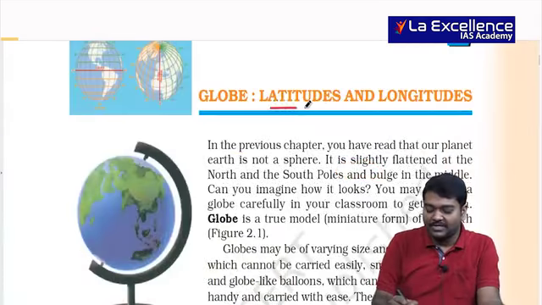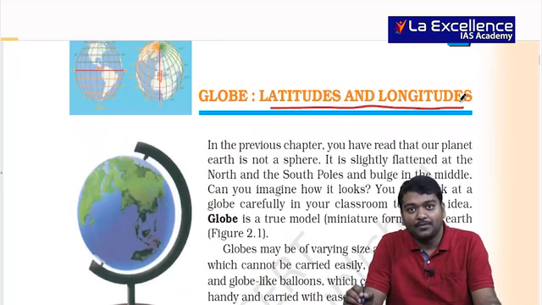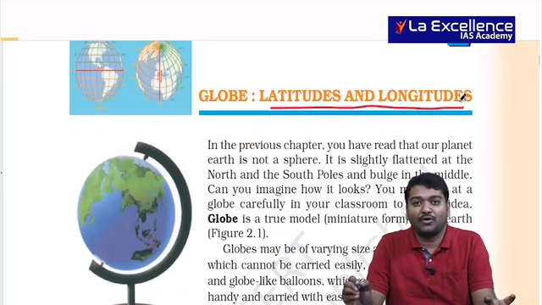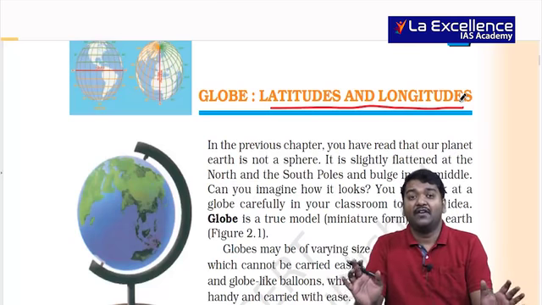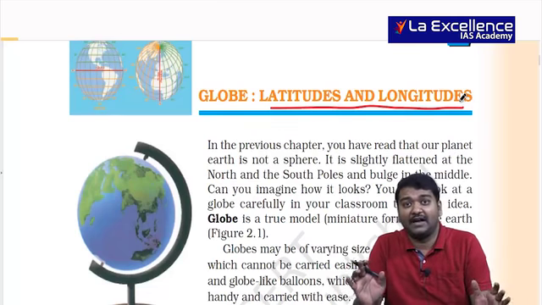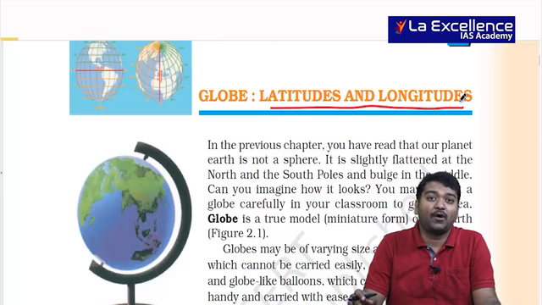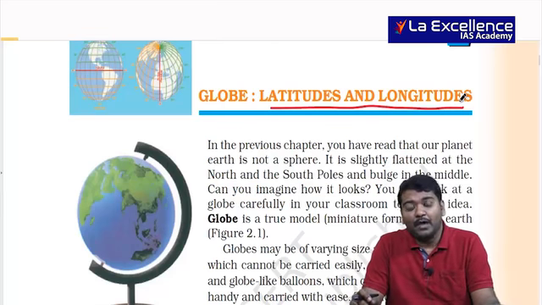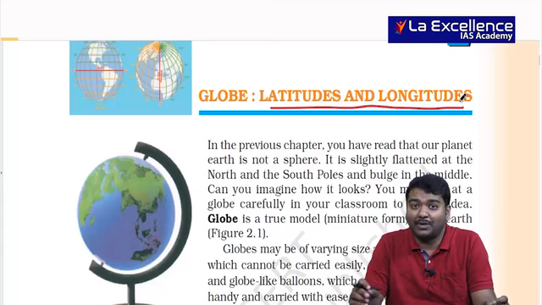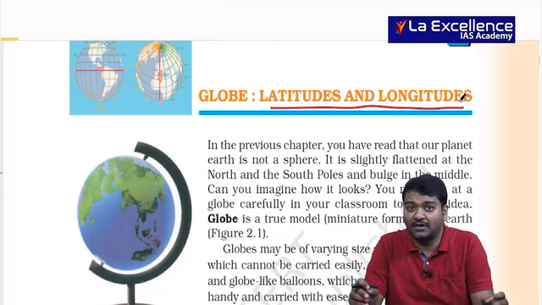Then the second important chapter is latitude and longitude. And when we talk about latitude and longitude, I have clearly explained with respect to Eratosthenes, where he spoke about Syene and Alexandria. When he spoke about Alexandria, you remember there was a shadow. And when he spoke about Syene on June 21st, there was no shadow. And on the basis of this, he found the circumference of the earth.